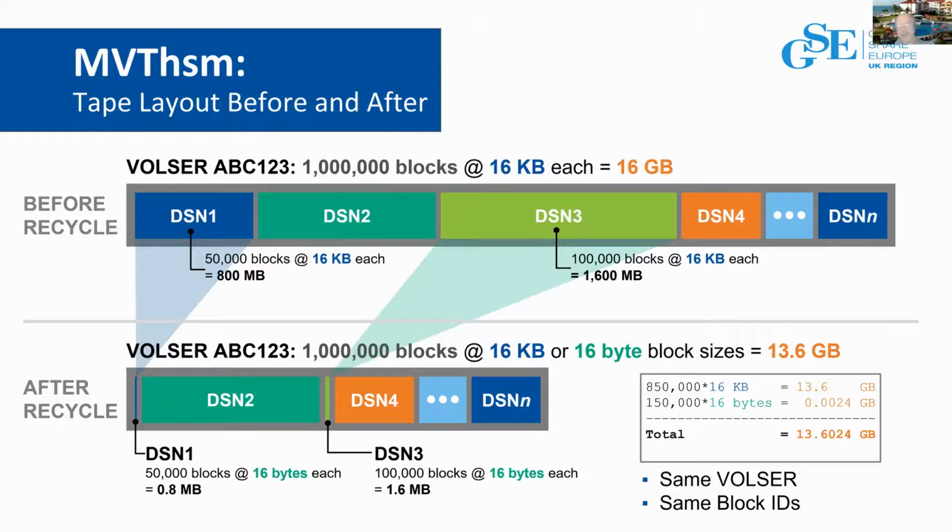Within each one of those files then has a bunch of blocks associated with it. Well, for DSN1, he actually owns 50,000 blocks, each at 16 kilobytes each, 800 megabytes of space that's invalid, but you're still storing it because it's within that container file. The same thing with DSN3, 100,000 blocks, 16 kilobytes each for each block. So you've got 1.6 gigabytes of storage that you're taking up within that container file, but you're not really using because the data set's been deleted. Maybe it was a GDG and the GDG rolled off and it's not valid anymore.